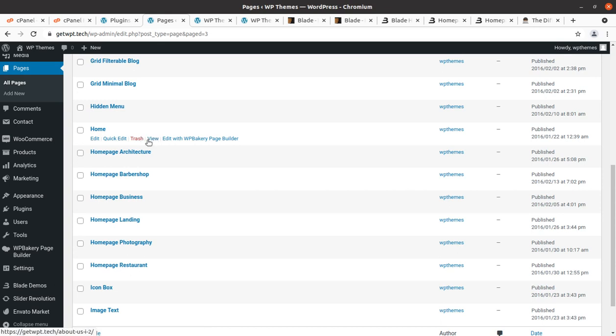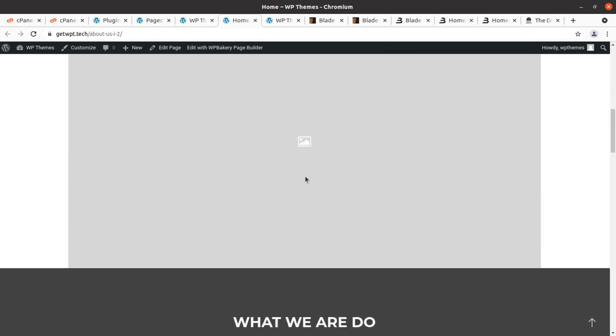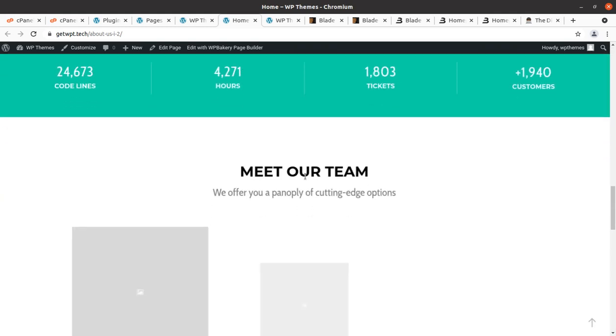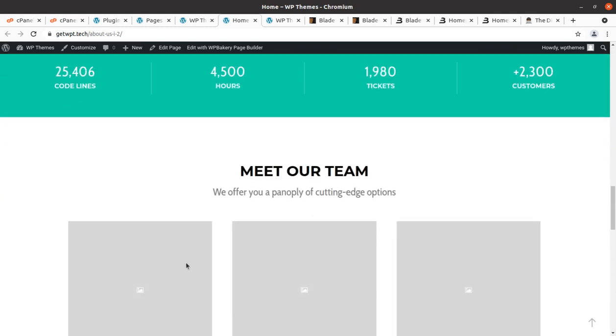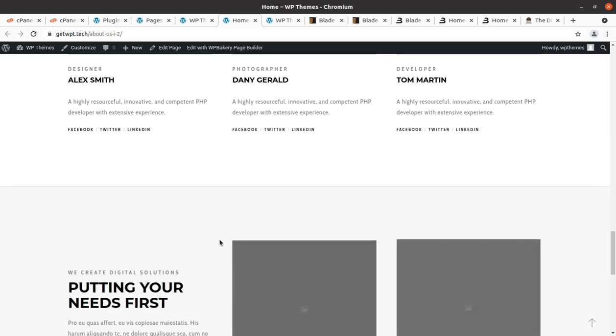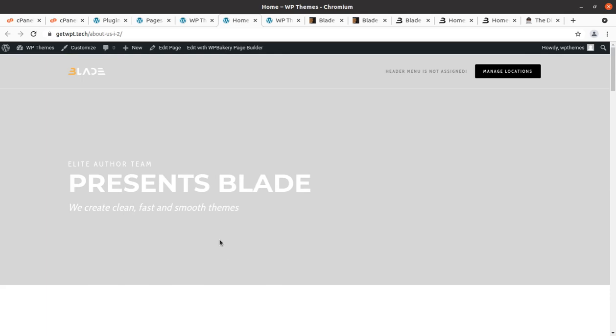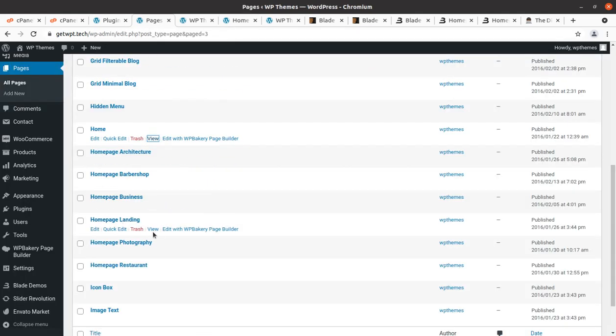So I'm checking the main one, and we can select. Okay, so this is the main home page, and yes, the actual images have not been provided in the demo. This is why the demo got imported in just a few seconds. Only placeholder images have been provided in the demo content. However, it is fine, because we are finally not going to use the demo images and we have to put in our own images.